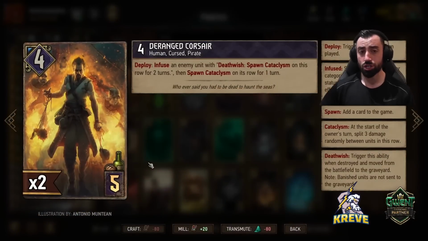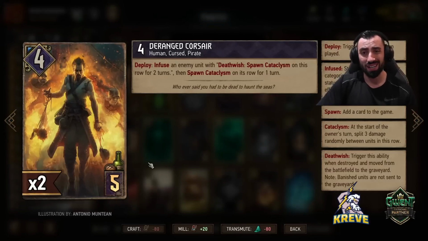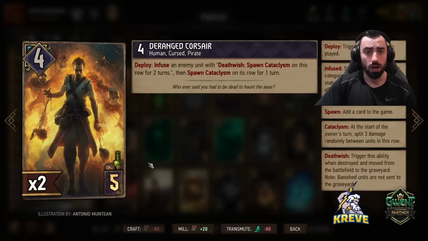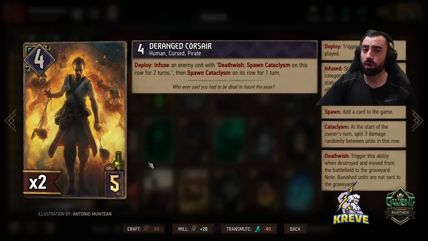2 of these deranged units. Deploy, infuse an enemy unit with Death Wish. Spawn Cataclysm on this row for 2 turns. Then spawn Cataclysm on its row for 1 turn. I believe we should use these 2 units over a long round 3 in combination with Scenario and when we're